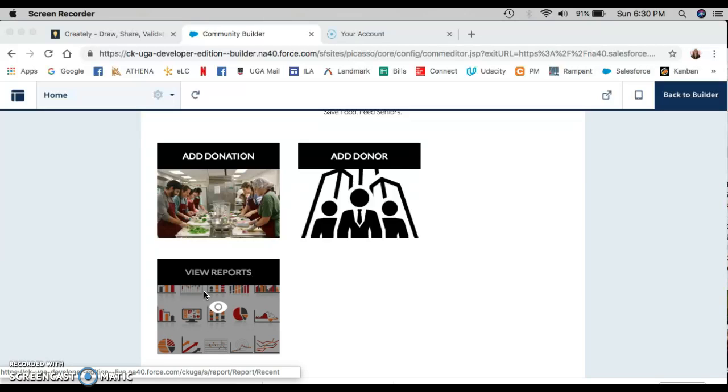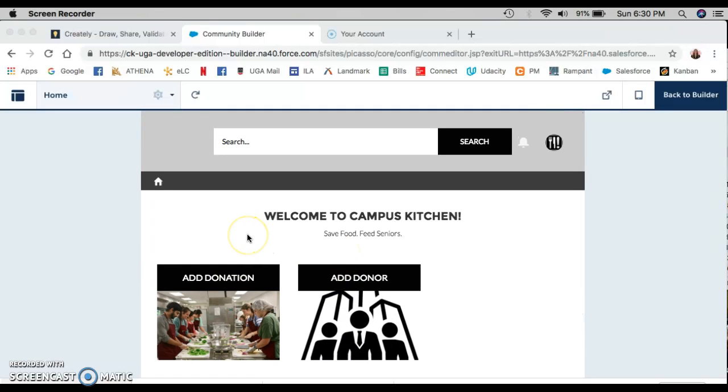So since we last met in Sprint 1, three things have been done. One, the objects and fields have been finalized for food donor and weekly donation. Secondly, report templates have been made for food recovery. And third, the user interface has been added so volunteers will be able to add things directly from a tablet